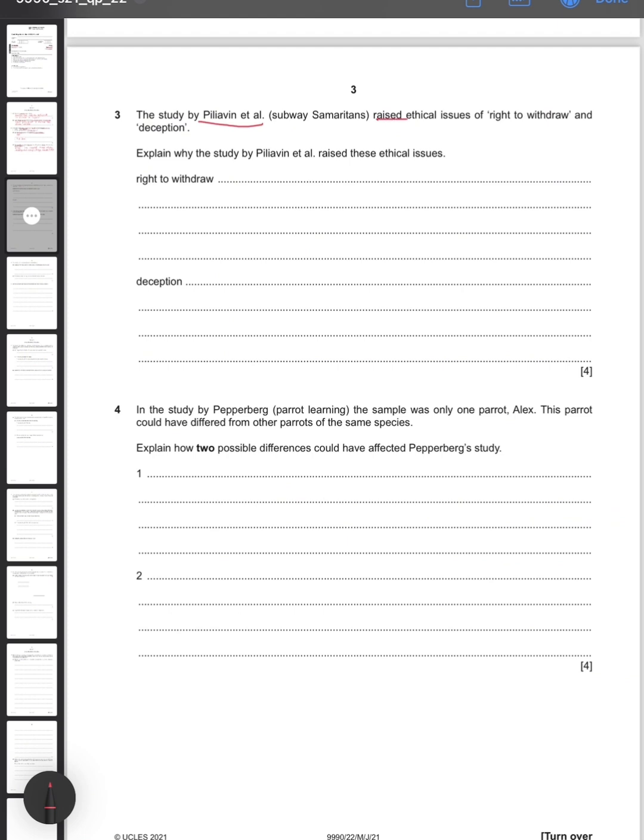Now question number 3 says, the study by Piliavin et al., Subway Samaritans, raised ethical issues of right to withdraw and deception. So two of the issues were right to withdraw and deception. Now we need to explain why the study by Piliavin raised these ethical issues. So the first one was right to withdraw. So this issue was raised because the participants